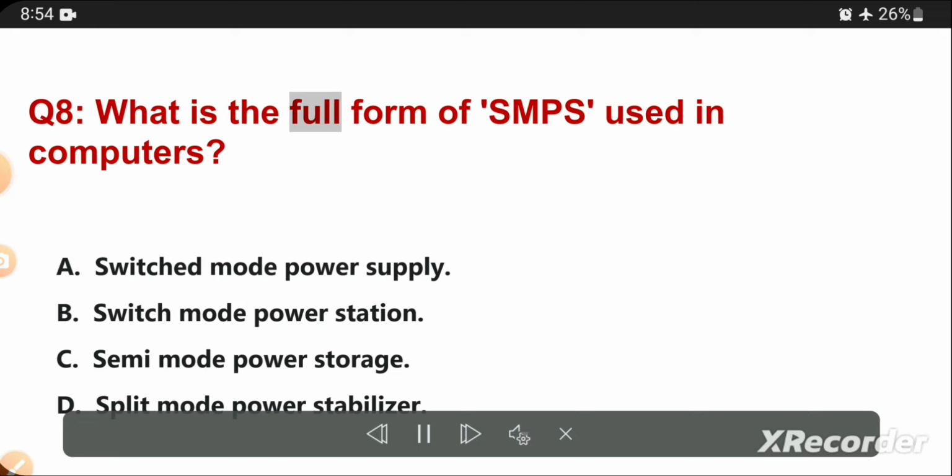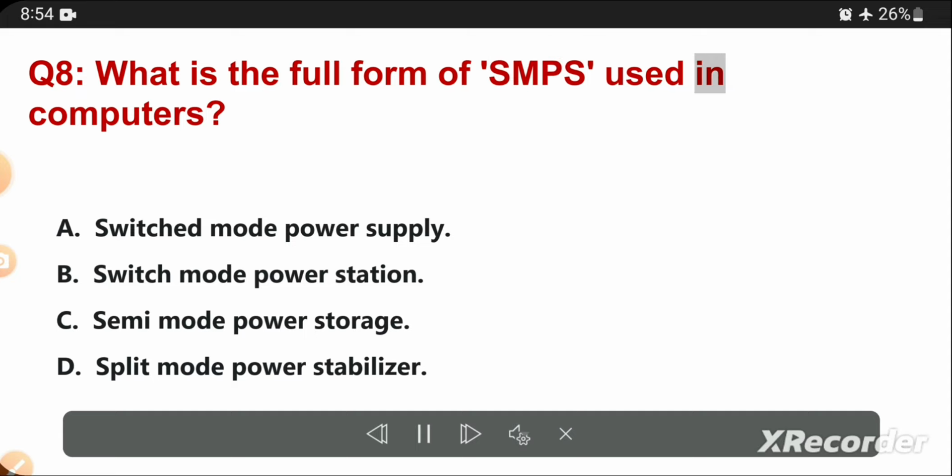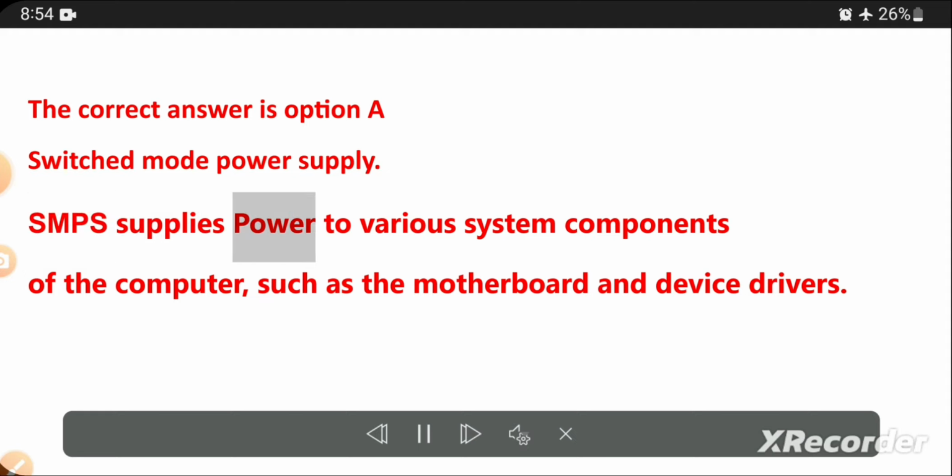Q8. What is the full form of SMPS used in computers? Switched mode power supply, switch mode power station, semi-mode power storage, split mode power stabilizer. The correct answer is option A. Switched mode power supply. SMPS supplies power to various system components of the computer, such as the motherboard and device